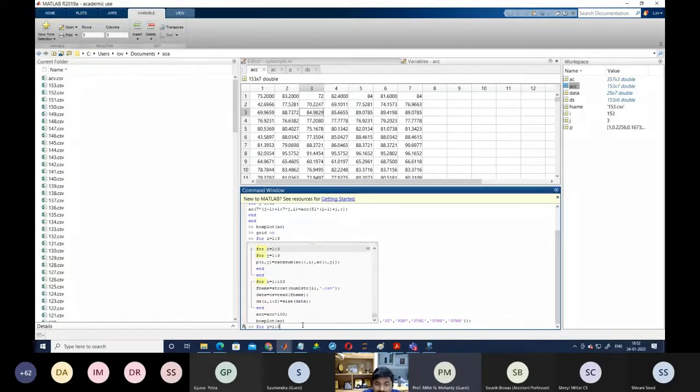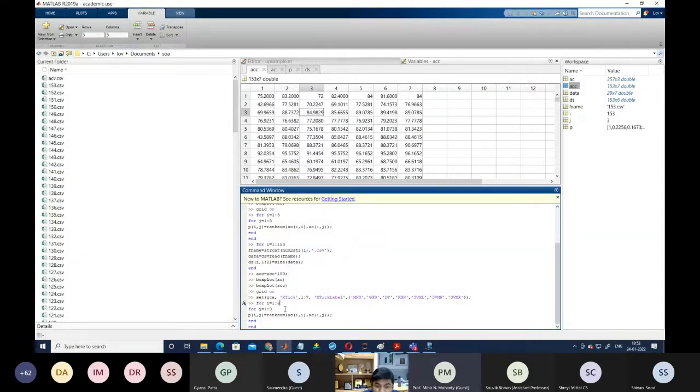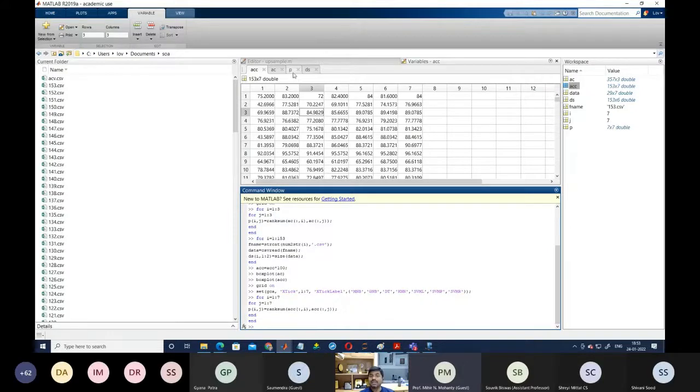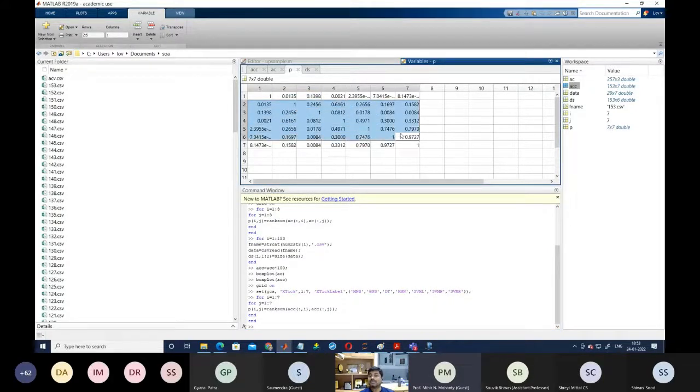So whatever hypothesis testing we have used here, again we are going to use hypothesis testing between all the models. Here we are going to write ACC. Now you can see, here you can easily compare. If the value is less than or equal to 0.05, these models are totally different. Otherwise, the models are the same. So this is your support vector machine with polynomial kernel.